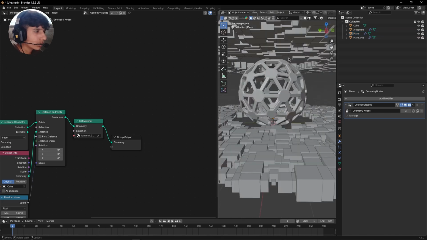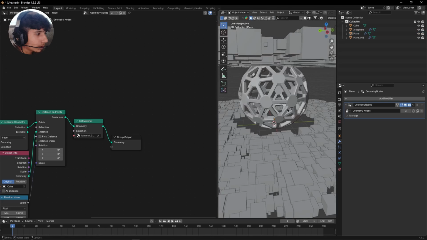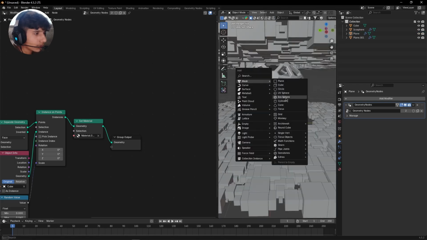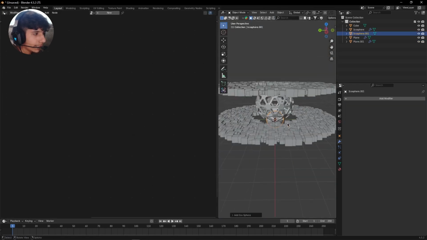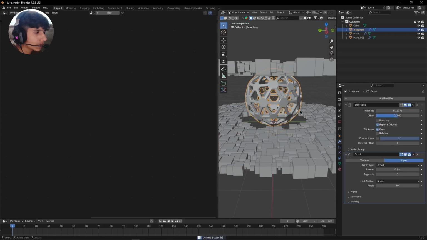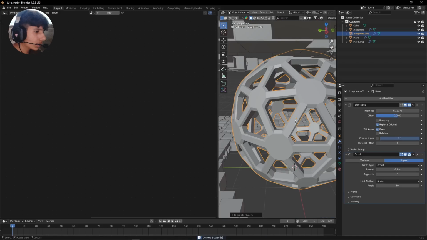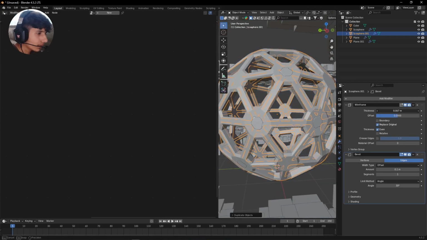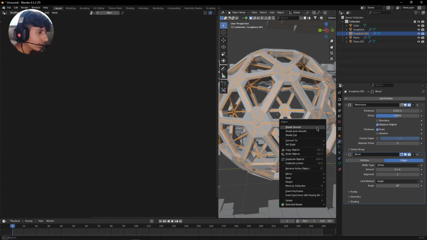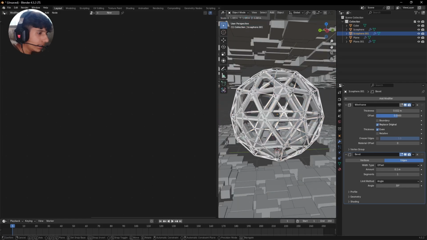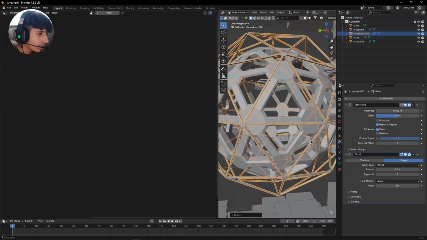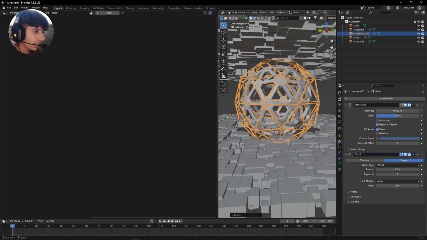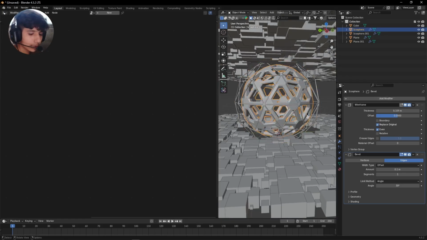Yeah, that's cool. So now just add another icosphere, or just duplicate this one, and reduce the thickness value to something like this. Then scale it up around here. Then just duplicate this